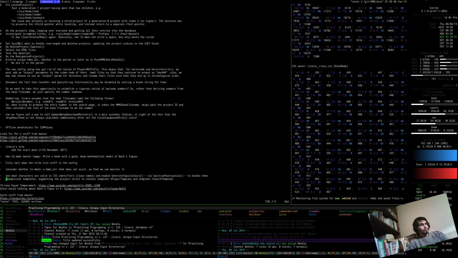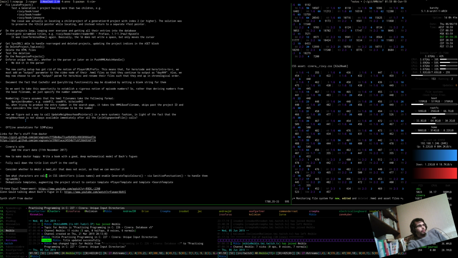We do also need to actually do the upgrade the database thing. I'll just make a note of that. Please do that. Maybe that should be the thing we do first. Right, so we do this quick thing here. See what characters are added and CSS identifiers, so we can do that stuff. Do the upgrade DB, so we're in the new format. And also, I think in part of the database, I think I might also